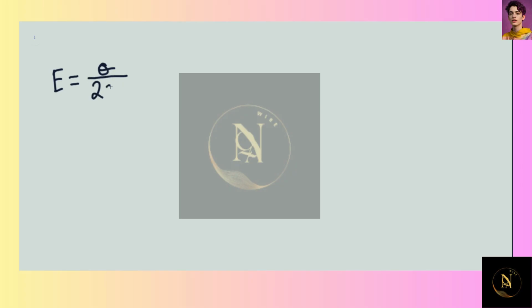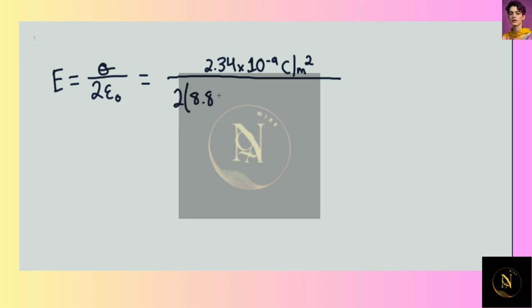So here we know that the electric field would be equal to its uniform surface charge density divided by 2 times the permittivity of free space. This would be equal to 2.34 times 10 to the negative 9th coulombs per square meter, divided by 2 times the permittivity of free space, 8.854 times 10 to the negative 12th, and the unit here would be coulombs squared per newton per square meter. And this is equaling